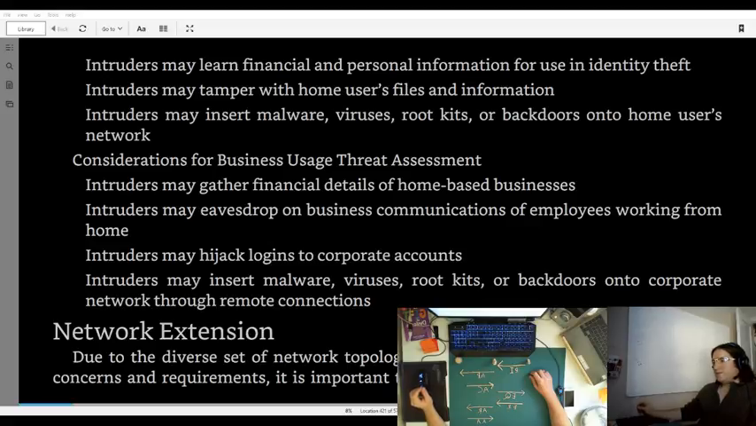Considerations for business usage threat assessment. Intruders may gather financial details of a home-based business. Intruders may eavesdrop on business communications of employees working from home. Intruders may hijack